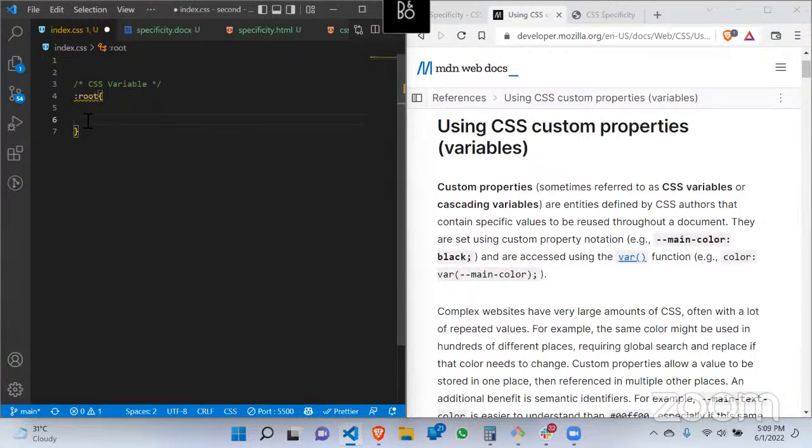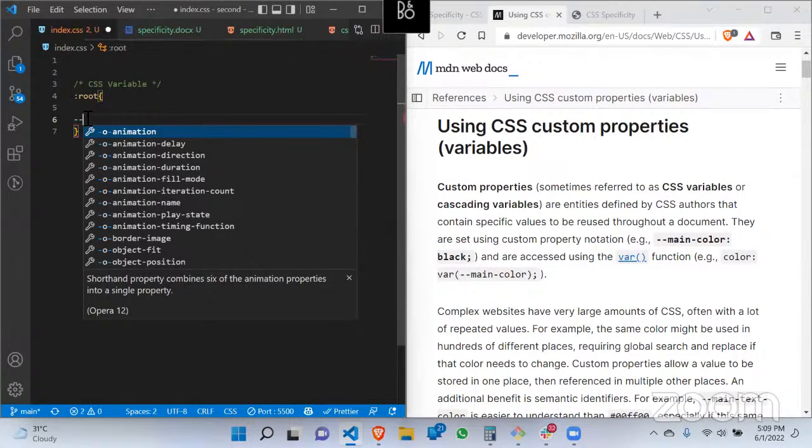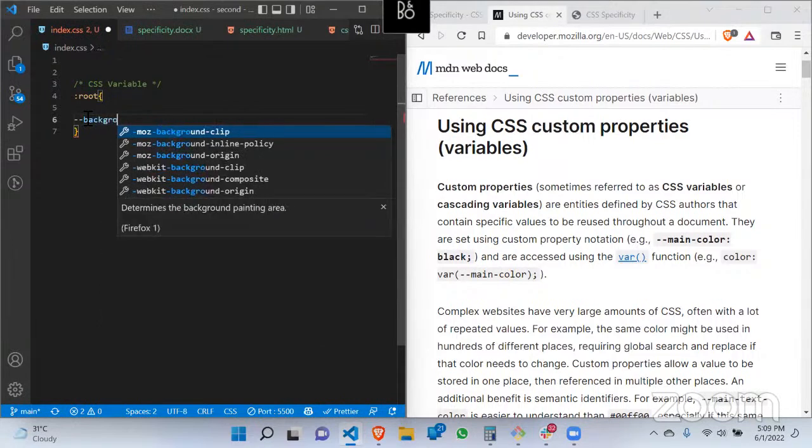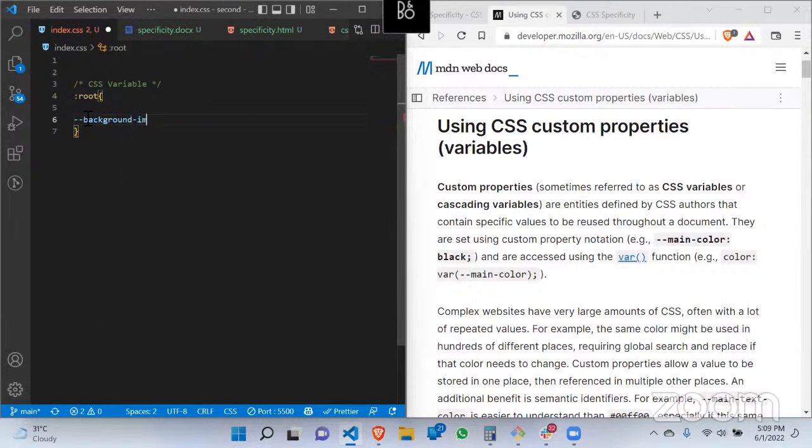If you want to make something a CSS variable, you have to start with this double dash sign, then the name of the variable. I want to make it a background color. And let's assume I just want to use